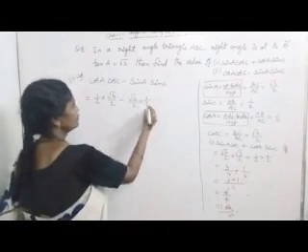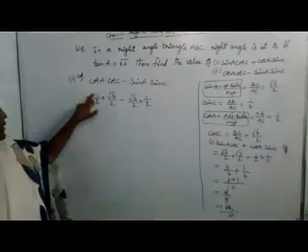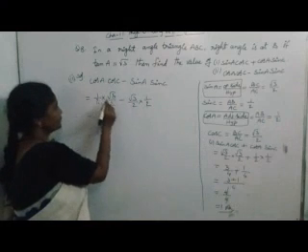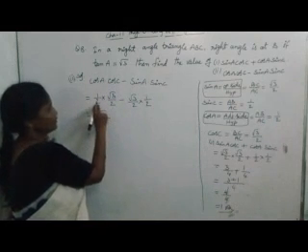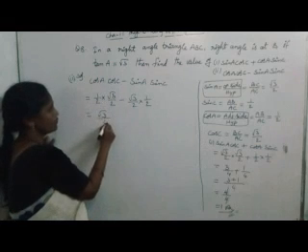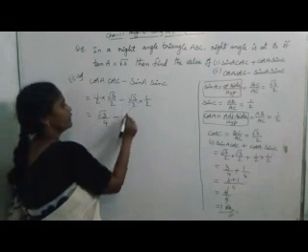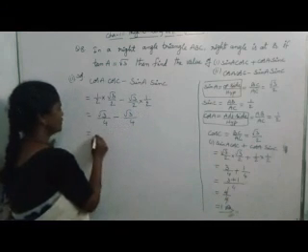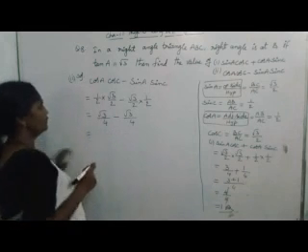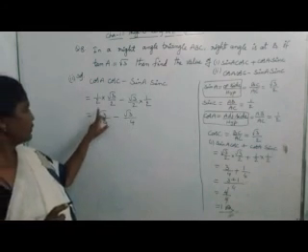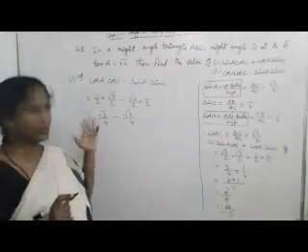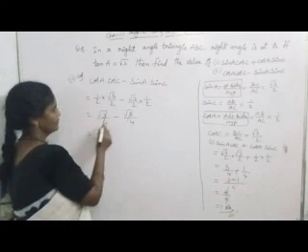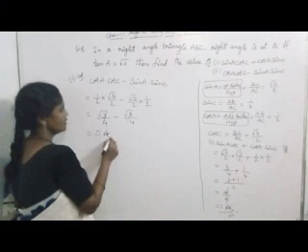Now numerator we have to multiply, denominator we have to multiply. 1 into root 3, root 3 by denominators 2 into 2, 2 twos are 4, minus root 3 into 1 again, root 3 by 2 into 2, 2 twos are 4. See, now both are same values: root 3 by 4 minus root 3 by 4. Plus value and minus value, we can cancel here only. Now what is the answer? 0. This is the answer for this.